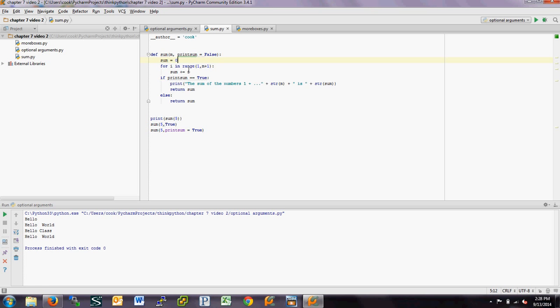Start off with sum of 0, sum up to m. It's complaining at me, I'm missing a space here. Do the sum equals sum plus i. Down here, we check the optional parameter, print sum, and if it's true, then we're going to print off the sum of the numbers from 1 up to whatever m happens to be, and then print out the sum. And then we'll return the sum,